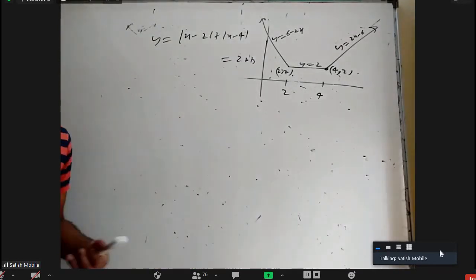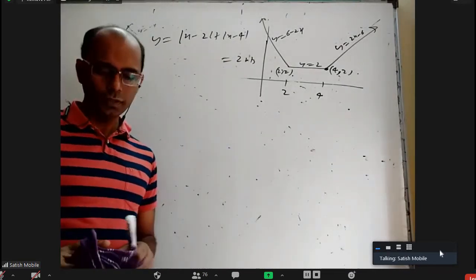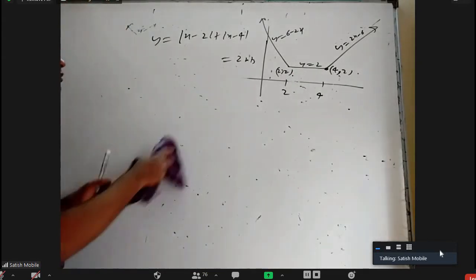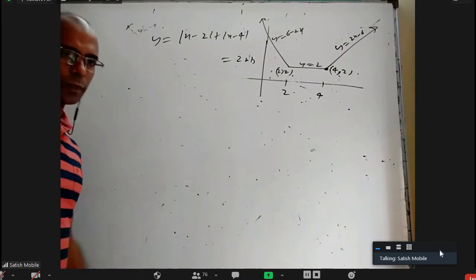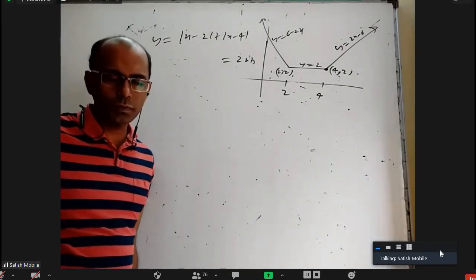Okay, I just wanted to give better clarity, but if somebody has not understood anything about the graphs, don't worry. There is a separate topic. I just want to give a little different view. That's all. I hope for some people it will help you to have a better perspective of the questions that we have done.